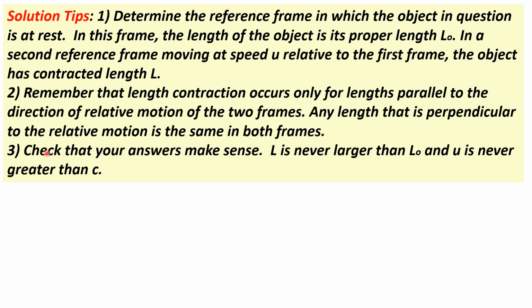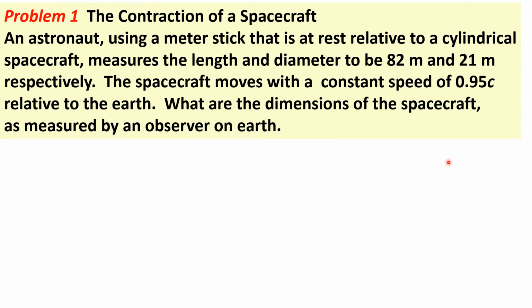And the third tip, always check that your answers do make sense. That means the contracted length L is never larger than the rest length L naught, and that the speed u is never greater than the speed of light c. So for our first problem,